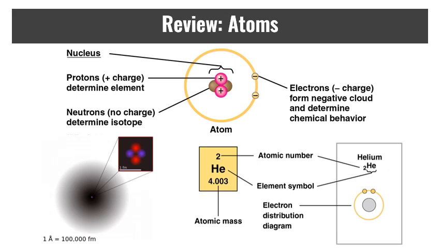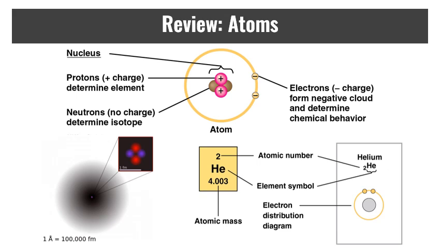Outside of the nucleus, you have the electrons. The electrons are going to be forming that negative cloud on the outside. They're going to be the major thing that determines chemical behavior, like noble gases not really interacting with things because of the full electrons in the outer valence shell, but you should get the general idea. So if you alter the number of electrons, you will make an ion. If you have a negatively charged molecule, you have an anion, A-N-I-O-N. If you have a positively charged molecule, you will have a cation,